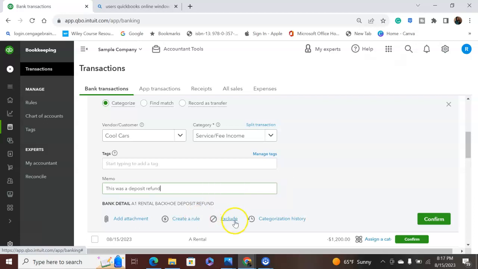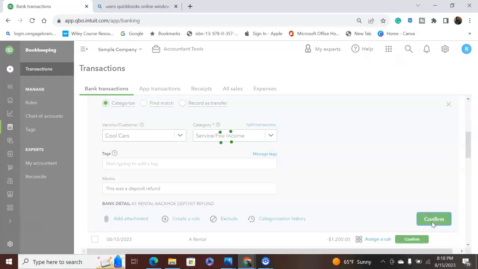Exclude means you want to get rid of the transaction. Let's say you did a personal transaction, you don't want it counted in your QuickBooks. You can exclude it so it will not be shown. It's almost like hitting delete, but it just excludes it. And categorization history will show all that this type of transaction has been categorized under. So for right now, we're going to hit confirm,